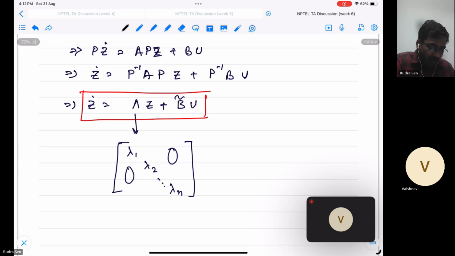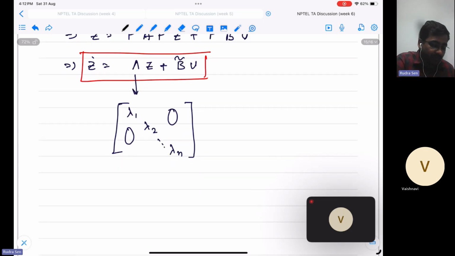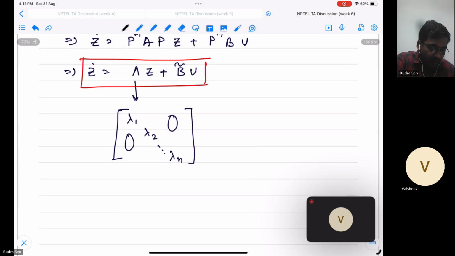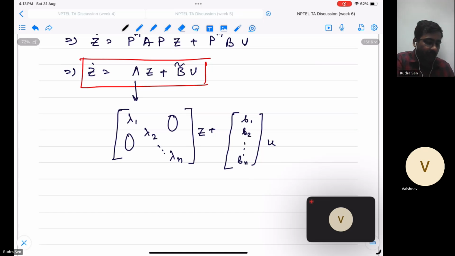And Gilbert says that if each row of B tilde is non-zero,